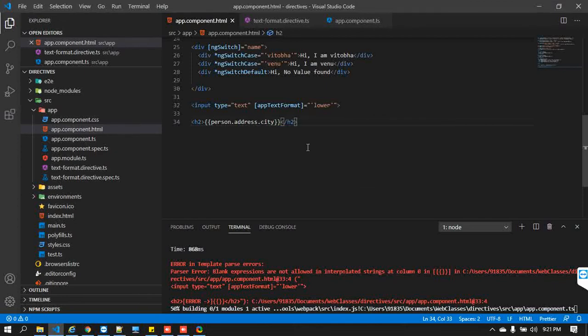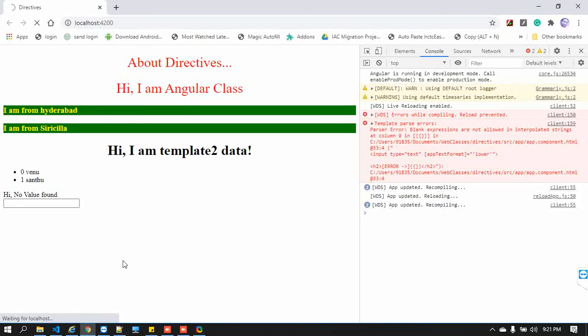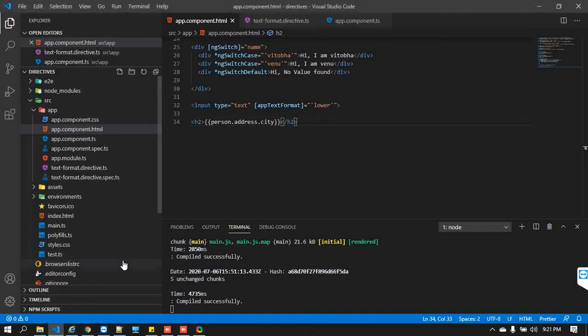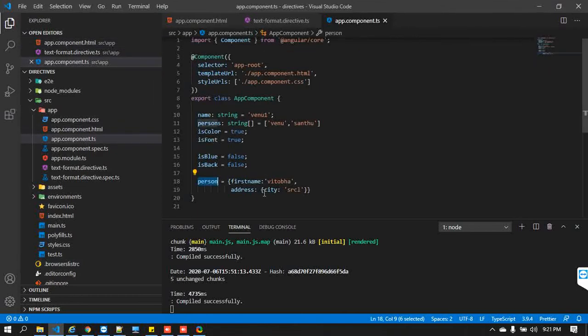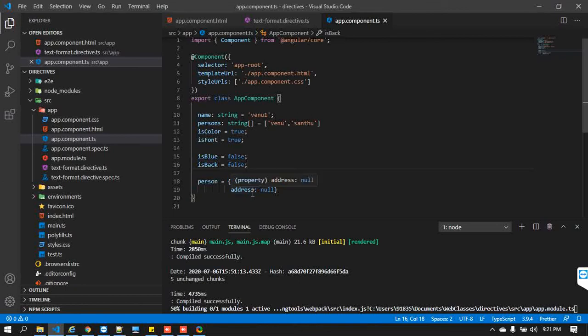Whether it works or not, we'll see. So you got SRC, that is fine. For example, I don't want this address, so I'm just keeping it null. That means it is an object, but that object does not have any values, so it's a simple null.